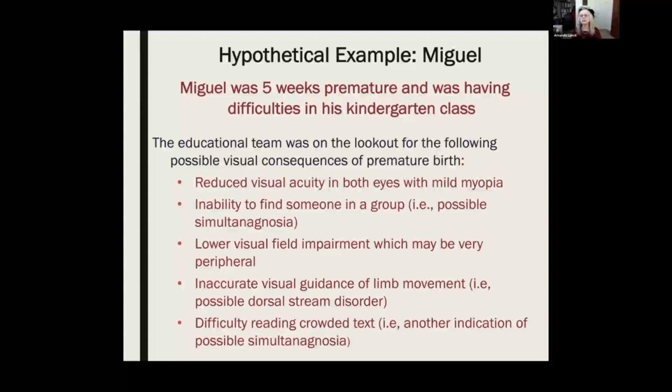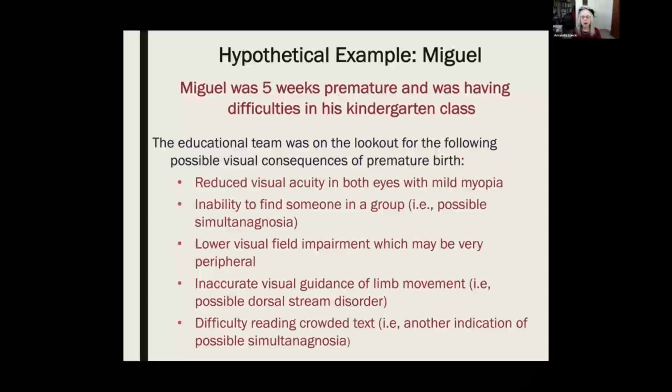Let's give a hypothetical example of a young man who we will call Miguel. Miguel was 5 weeks premature and was having difficulties in his kindergarten class. The education team was on the lookout for the following possible visual consequences of premature birth: reduced visual acuity in both eyes with mild myopia, inability to find someone in a group, possible simultanagnosia, which we've discussed in an earlier webinar, lower visual field impairment, which may be very peripheral,